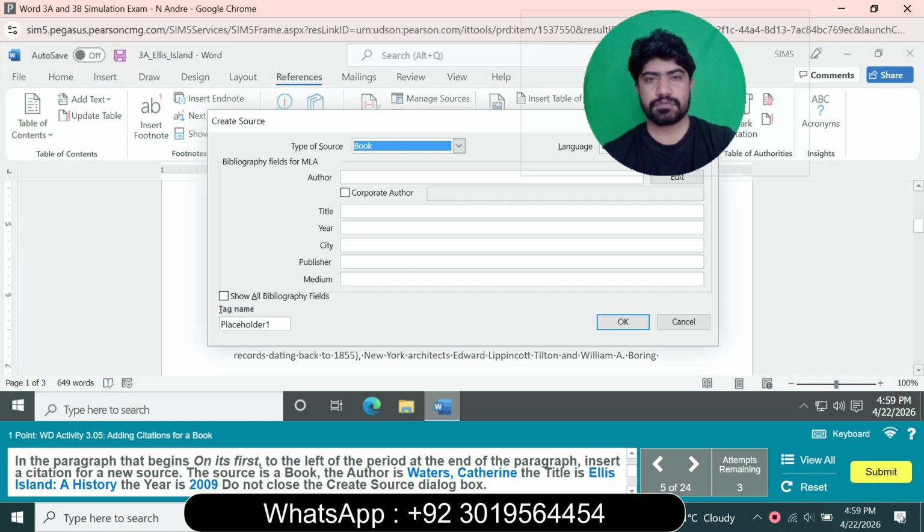And next, the source type is book and the author is Walter